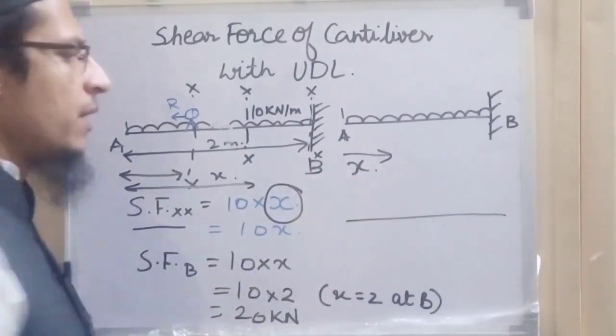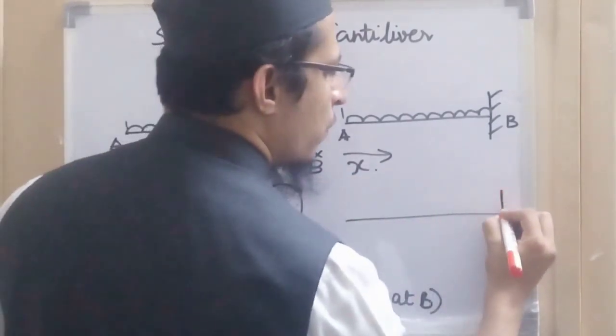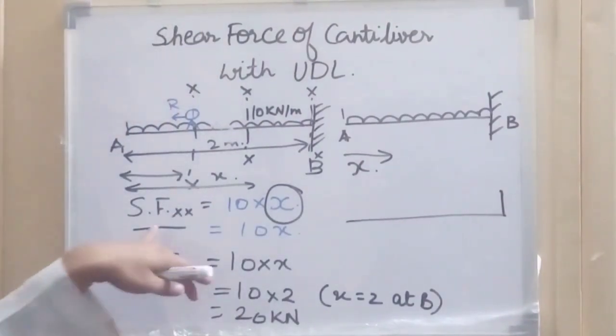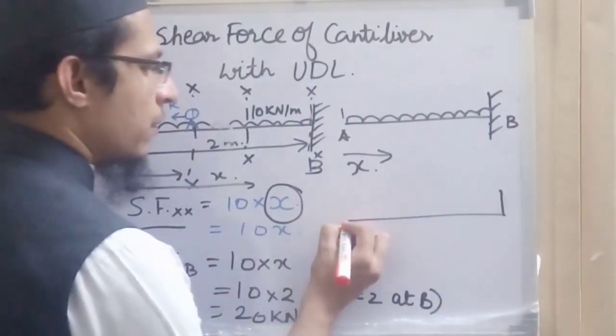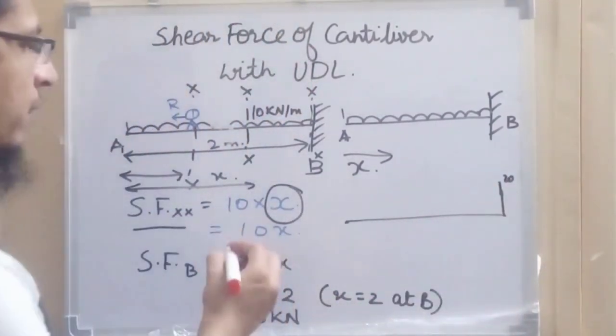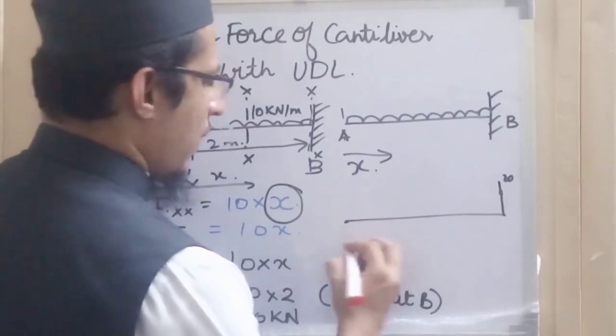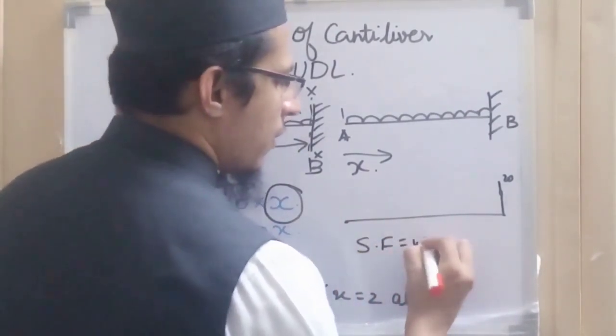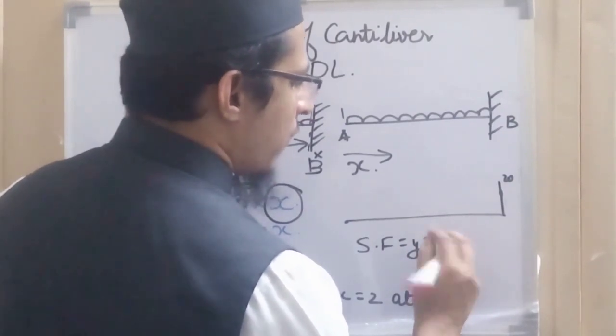When x is 2, shear force is 20. When x is 0, shear force is 0. If we denote shear force by y, then it depends upon x. Y is a function of x,